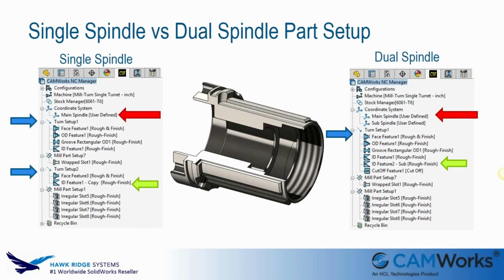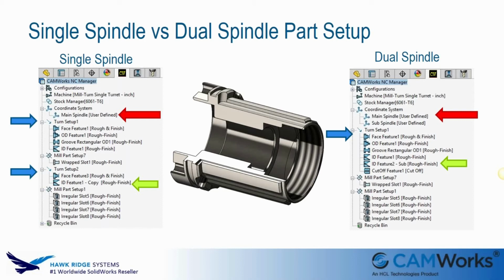interfaces there, the two pictures of the interfaces, this is using the CAMWorks 2018 interface. There have been some subtle changes in there. We now have a coordinate system item in the feature tree where you can set the main spindle coordinate system and the sub-spindle coordinate system, and you can turn them on and off as well now. So the red arrow is showing you the difference: I'm going to set it up for my main spindle, and for my main and my sub-spindle. Then the blue arrows are showing you the difference, and this is where it really is important